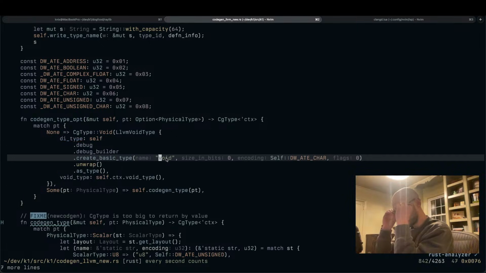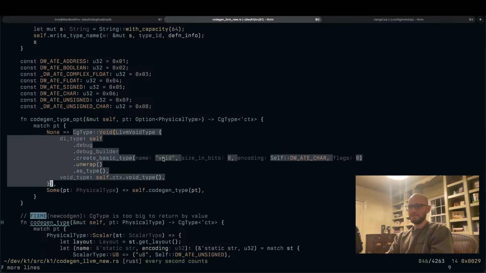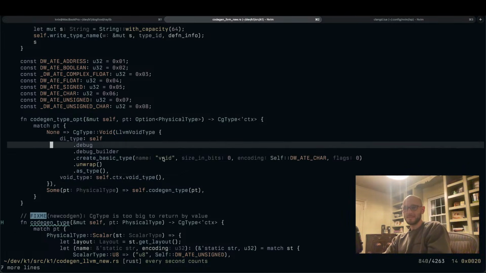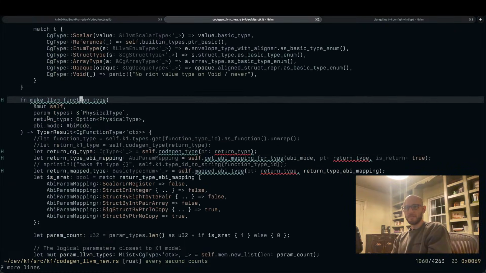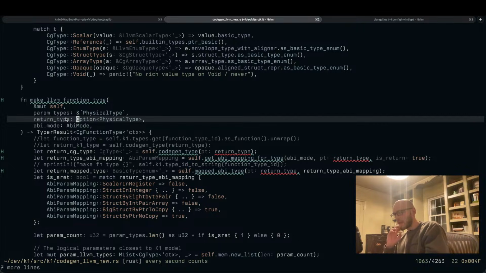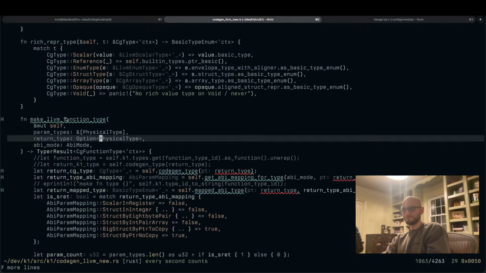All right, so the thing is I don't even have void in my language, but when a function returns a big struct, it actually returns it in the first parameter and the function returns a void. So I do need the idea of void, like LLVM void at least. For this, when we make an LLVM function type, well, I guess that's not true because here, it could be never. And I don't have never in here, so